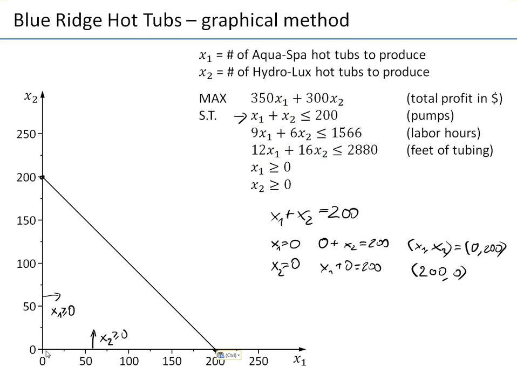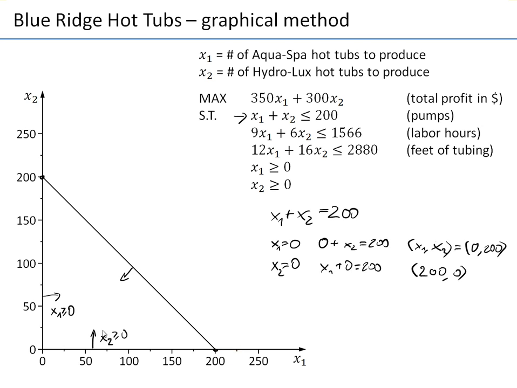So for example, a nice point here is 0, 0. If I plug 0 plus 0, it is less than 200. So that means this point satisfies this constraint, and in that case it proves that all points below the line